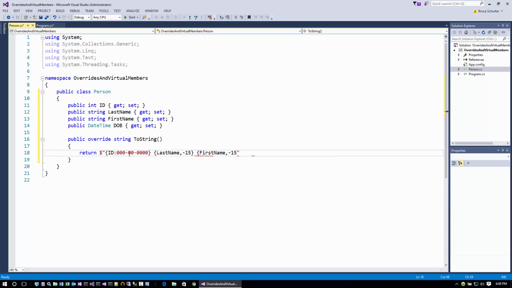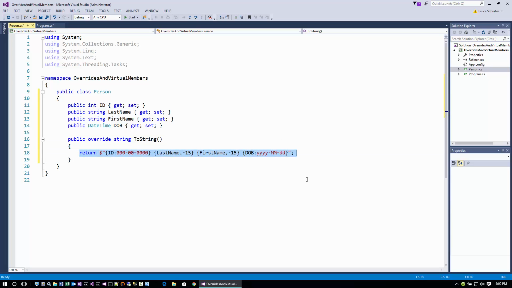We'll do 15 characters for first name as well. And then date of birth, we will give this particular DateTime format. Now, when we create an object of the Person type, anytime we access the ToString member, it will format its